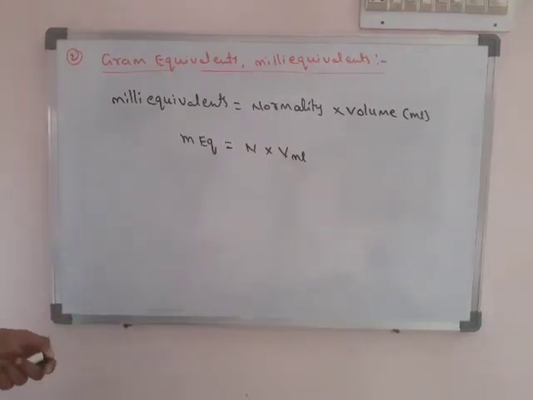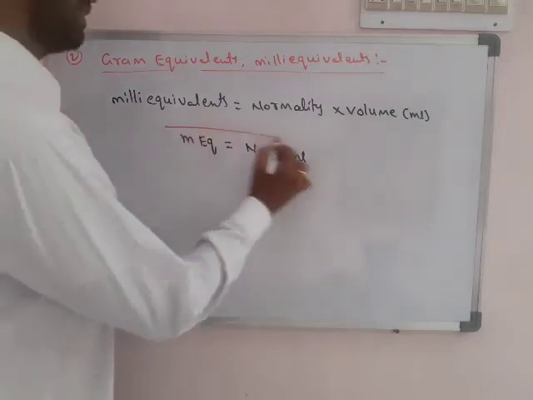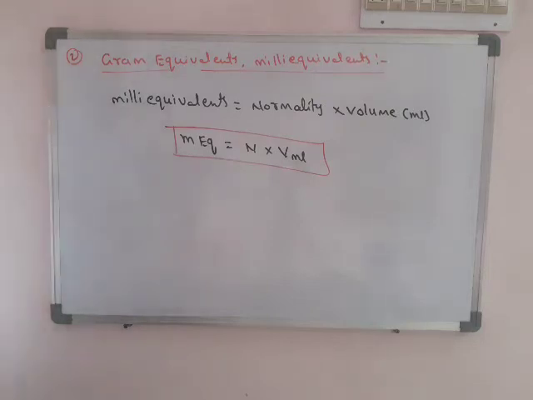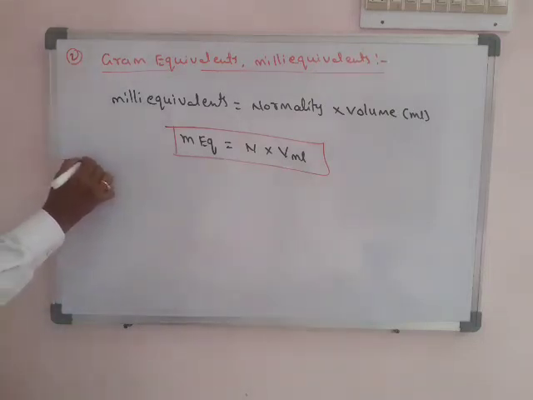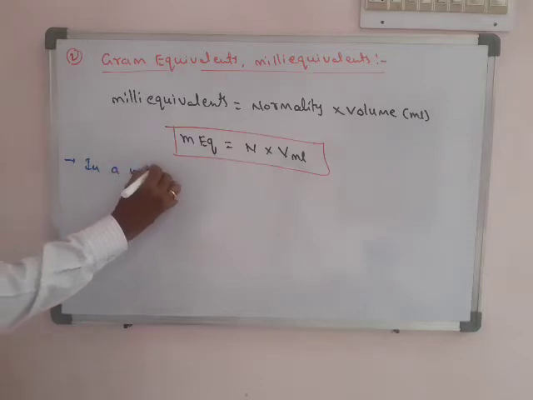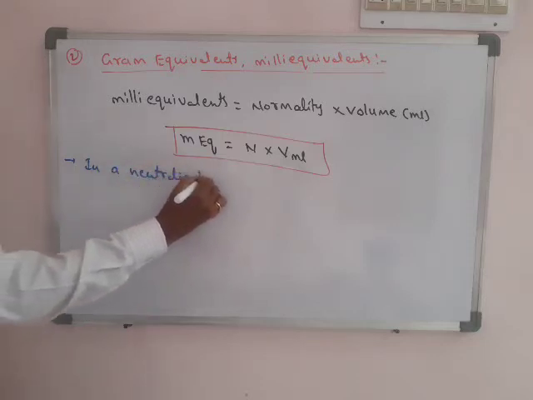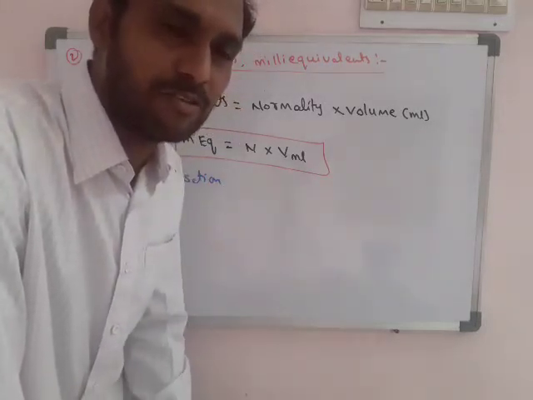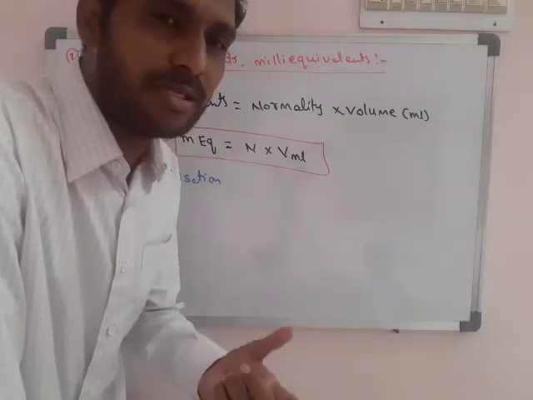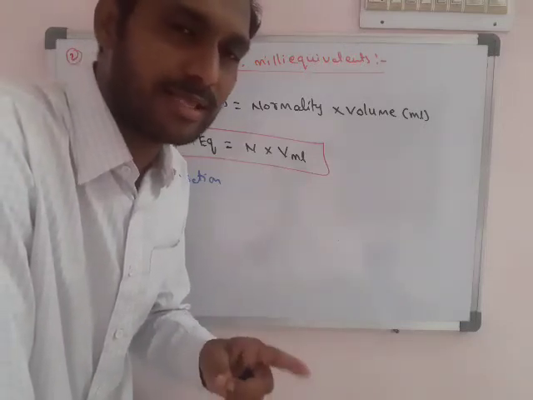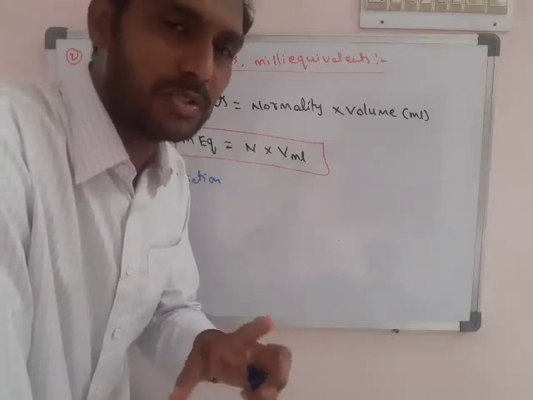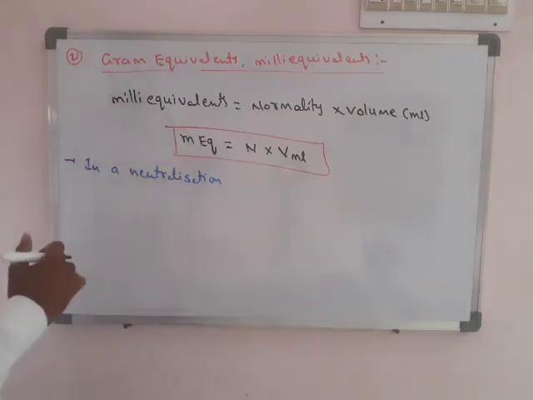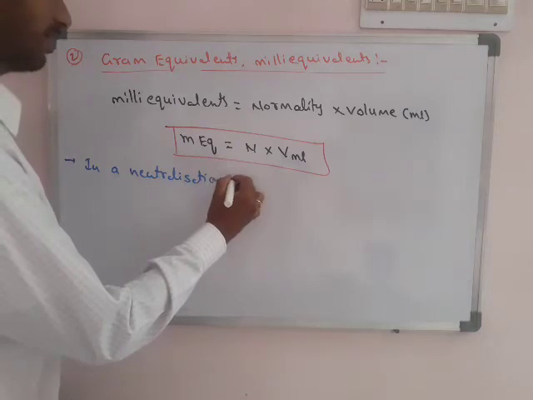So what is the importance of this milli equivalent concept? It is in a neutralization reaction. So what is a neutralization reaction? The reaction between acid and base forming salt and water is called a neutralization reaction. For the neutralization reaction, if you apply the milli equivalence concept, we can write